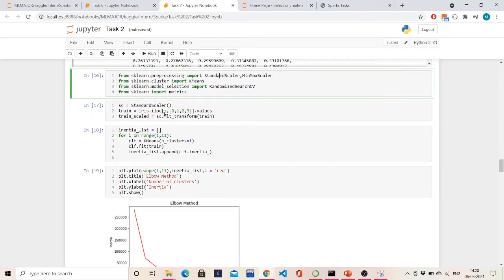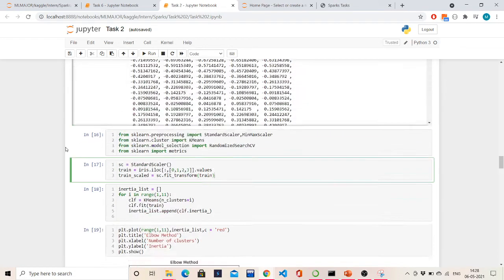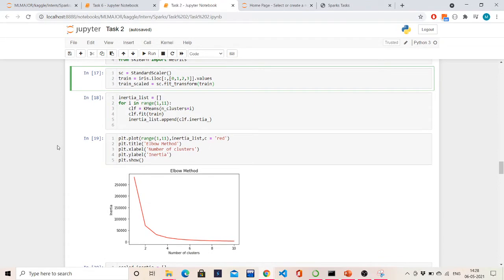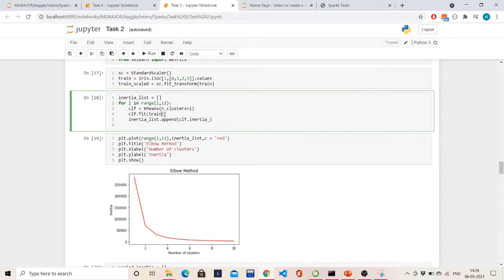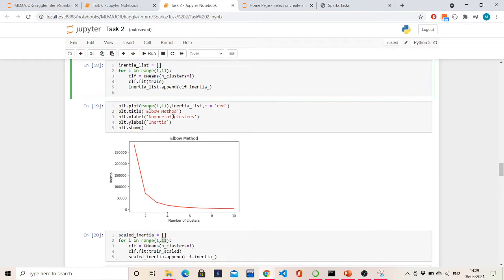After fitting the scaler and transforming the data, I have to find the inertia value. Based on this inertia value, I can find the optimal number of clusters. This is one method of finding the optimal number of clusters you want. There is a property available in K-means, that is inertia, clf.inertia_. This property helps us find the point after which the inertia value will keep on decreasing or will be stable in decreasing.